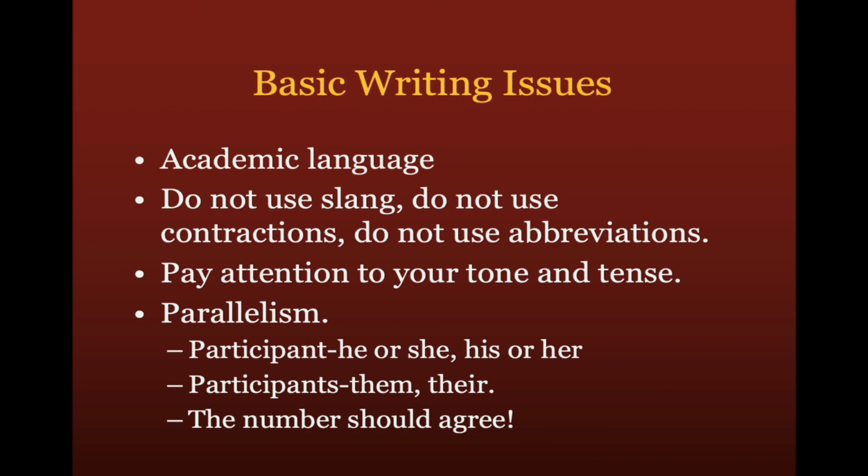Make sure that you stick with the parallelism. So if you're saying he or she, then you want to use his or her to kind of link that together. If you're talking about multiple people, you use them or their. Just make sure that your numbering is consistent. So if it's a singular, you want to use he, she, his, her. If it's plural, you want to use them, their. And don't